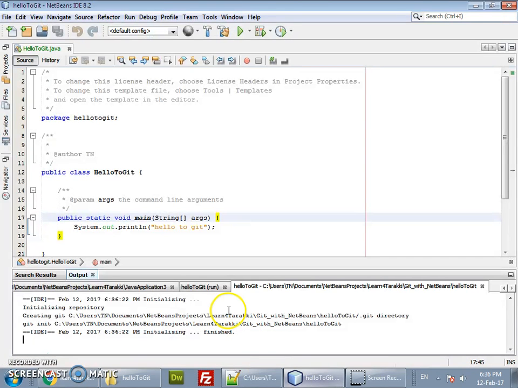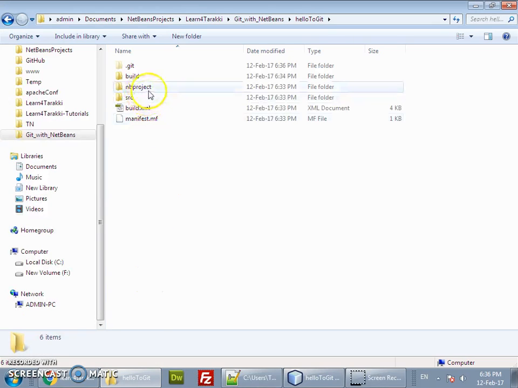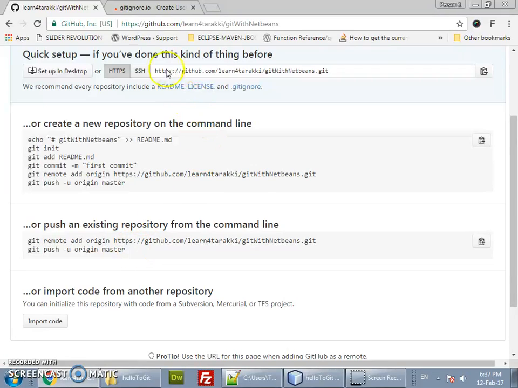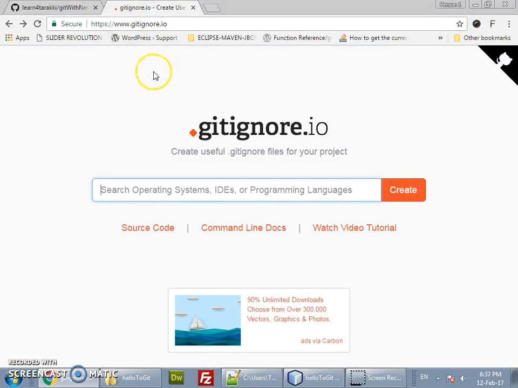Now the second important point before adding it to the repository is that we have to create a .gitignore file to ignore the NetBeans local project files, so they don't go to the GitHub repository. For that we have to visit a very beautiful website.